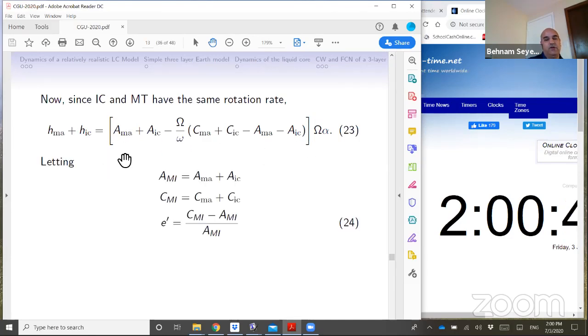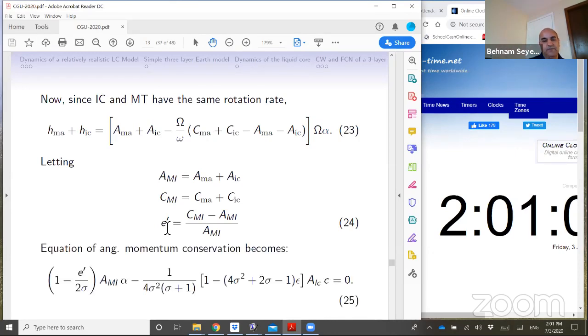I named them angular momentum of mantle and inner core, for both the equatorial axis and polar axis, and then I defined E prime to be the dynamical ellipticity if we put both of them together. And if we do that, then the angular momentum conservation equation becomes like so,